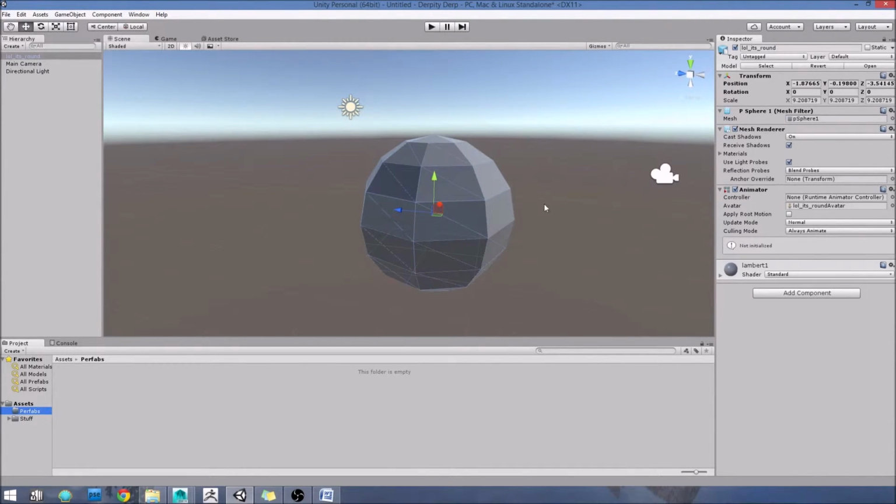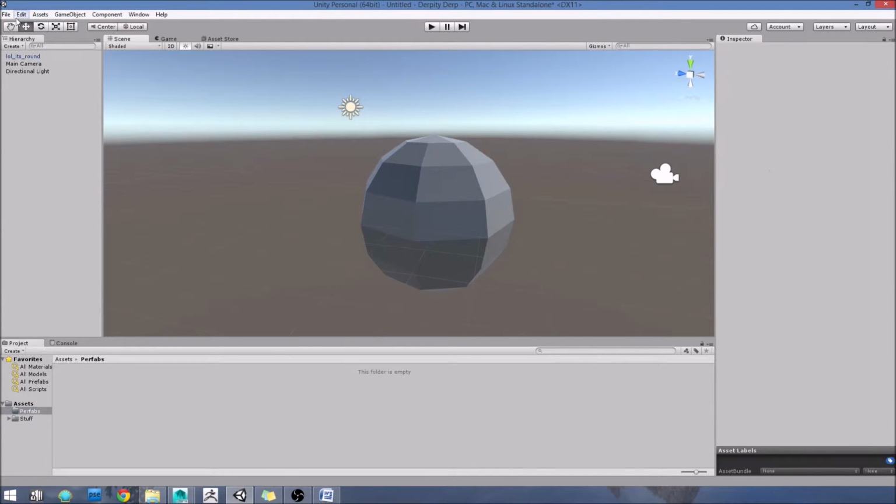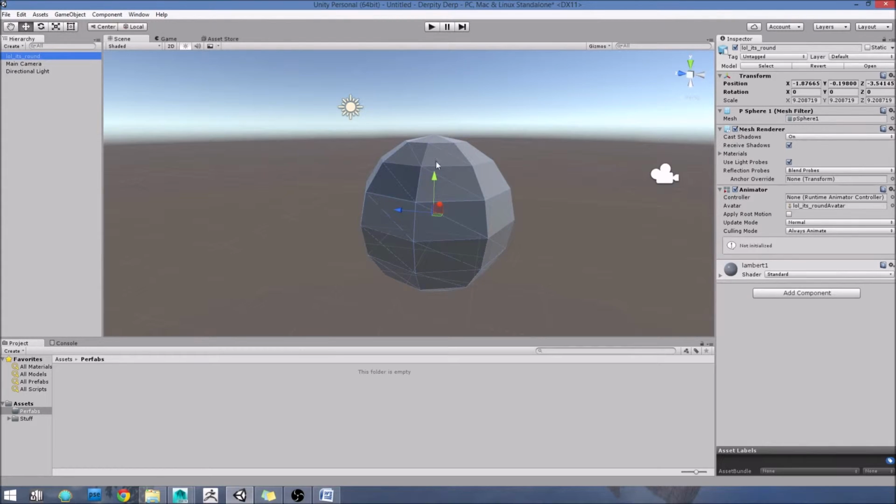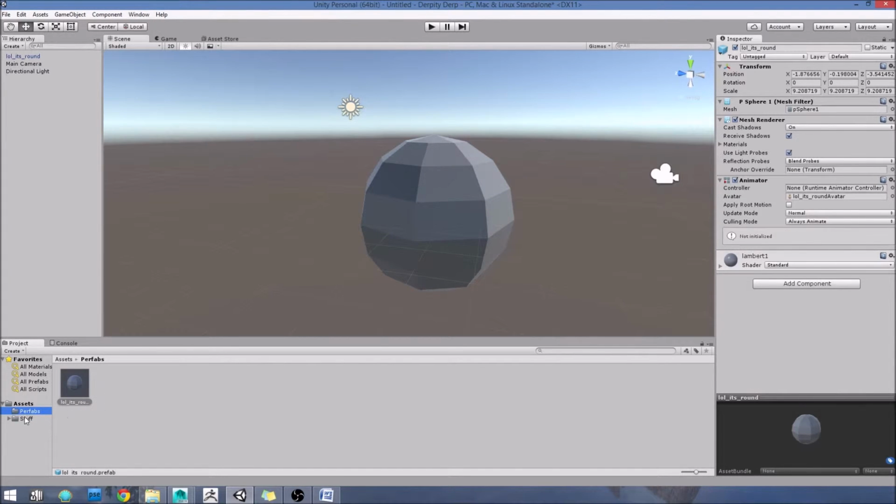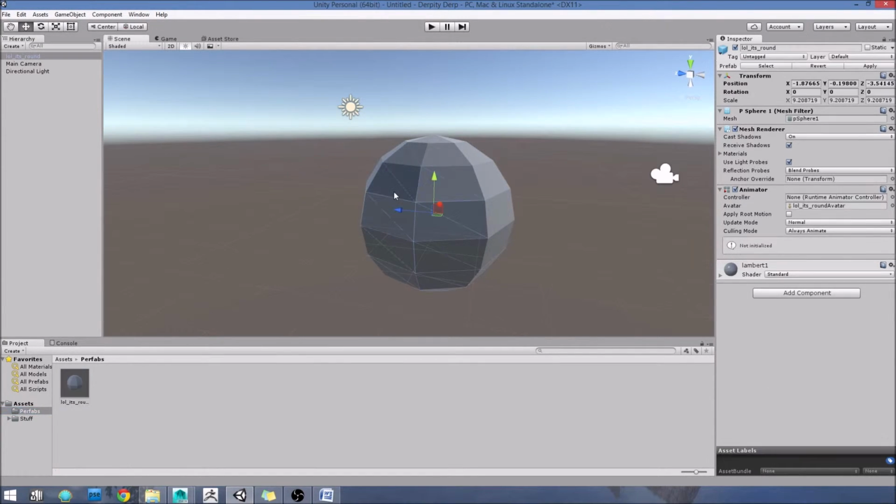Here's how you make a prefab. You click on the object in the hierarchy tab here, and you drag and drop it into your project browser, preferably your prefabs folder. This is where the organization comes really handy. Okay, so now that that's done,